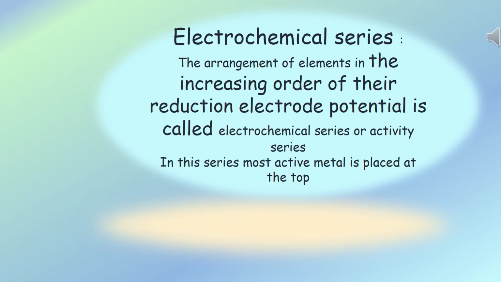We'll arrange them in the increasing order of their reduction electrode potential, which are commonly used, which might be helpful for you from your examination point of view. It is actually a mnemonic. It goes like this: